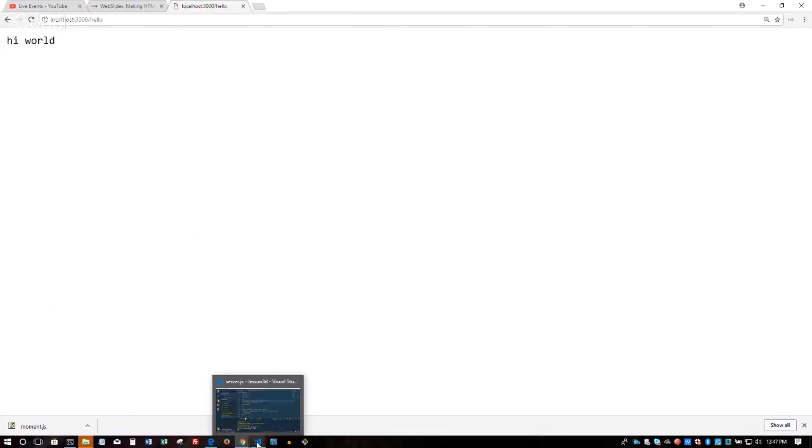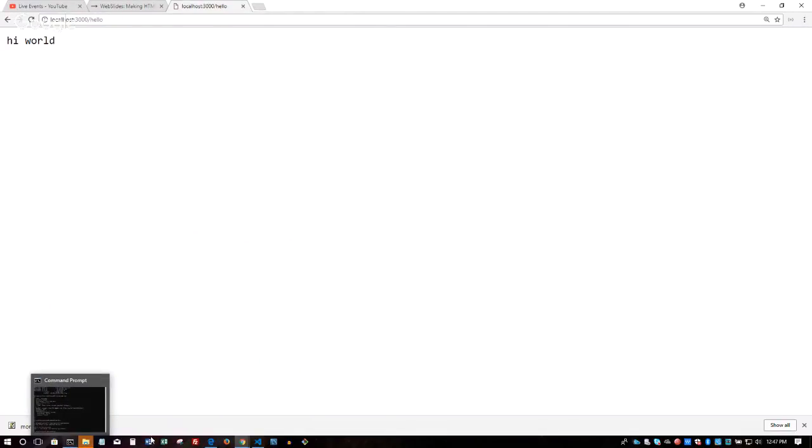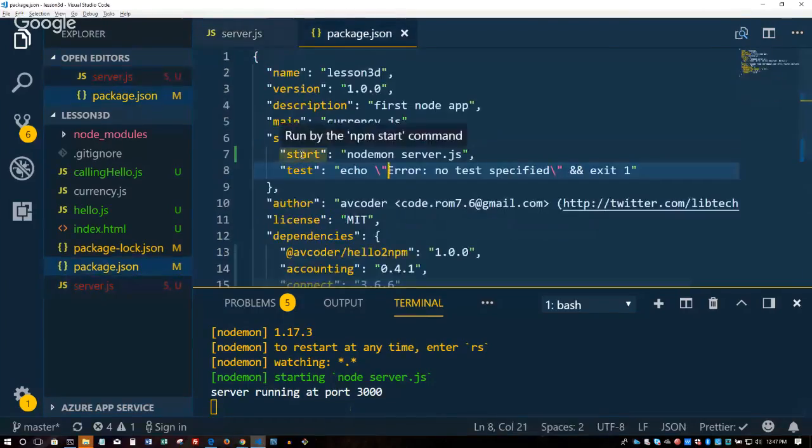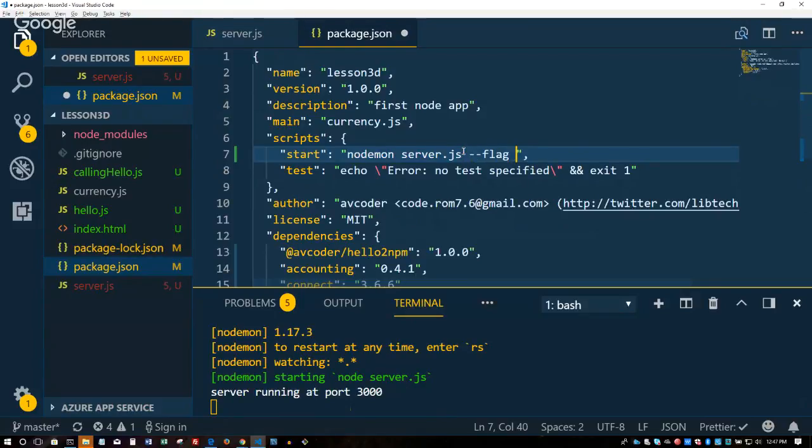So question to you, what advantage is it for me to create an npm start here? Like, I could have just run it directly. What's the advantage, do you think? Yeah. See, what's going to happen is a lot of Node apps might have something extremely long, like maybe they're using some kind of flag, blah, blah, blah.